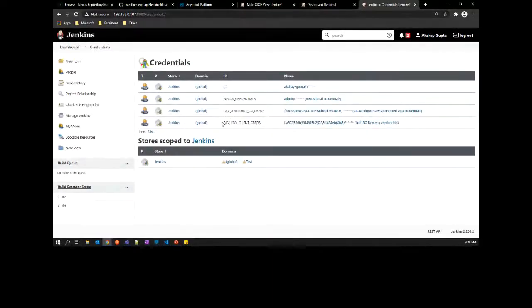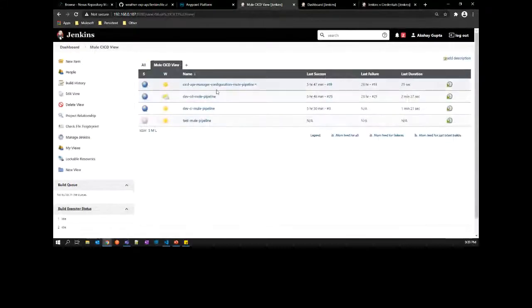And then these are the connected app credentials that we are going to use for interacting with the platform. And these are the dev environment client credentials. These are necessary whenever you want to apply auto discovery to your deployed application. Along with your auto discovery ID, you need to provide the target environment's client credentials. So these are the credentials that we'll be using. Now we'll jump back to the CD pipeline.